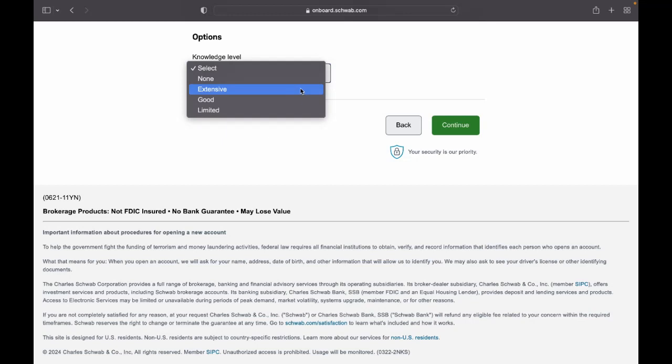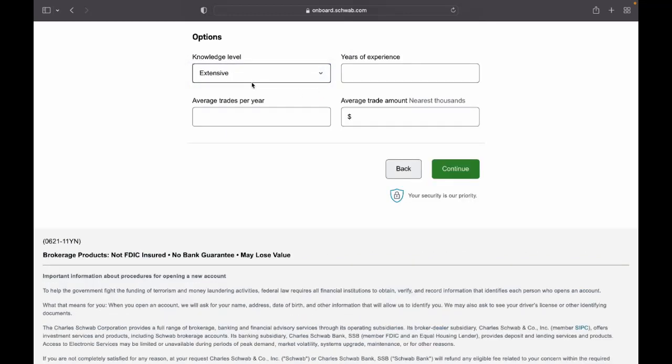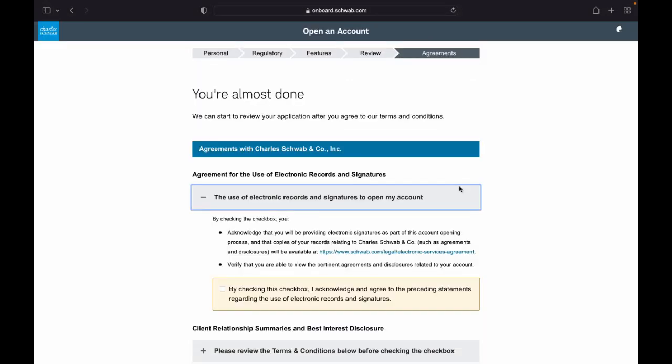So once again, I'm going to put extensive. Then it's going to ask the years of experience, average trades a year, and average trade amounts once again. So I'm going to put that and then click continue. The previous page was just all the information that I already input. You can just look that over, make sure everything looks good, verify it, and then you're going to click continue,